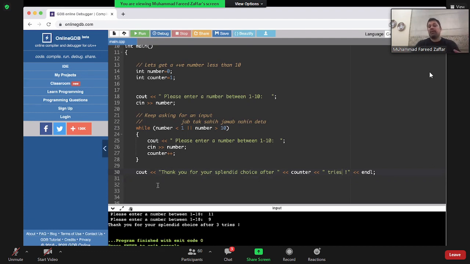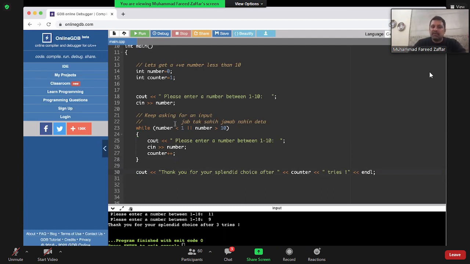So now I have a way of doing two things. I'm taking input, I'm printing it to the screen, I'm using while loops, and the condition I gave the while loop is now a compound condition, in the sense that either number is less than 1 or greater than 10. It will keep on asking me. So whenever you are writing code and you take input from a user, you could use something very similar to this. Until the user gives the right answer, it will remain stuck in this loop. Only when you give the right answer will it get to line 30. So this is a standard template, I suppose.